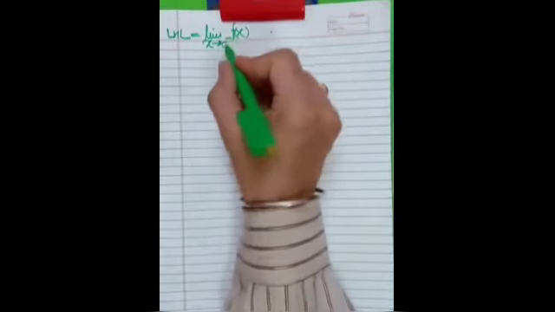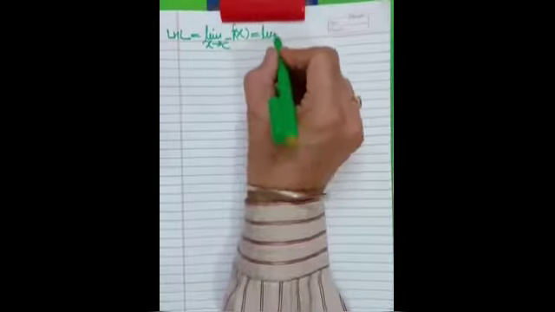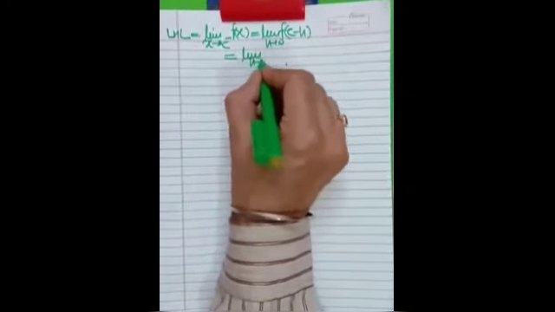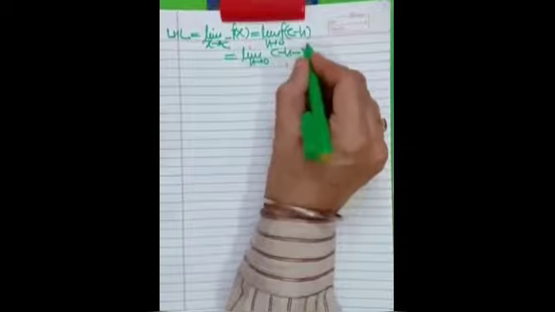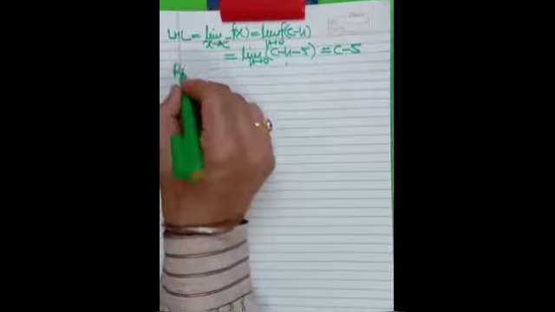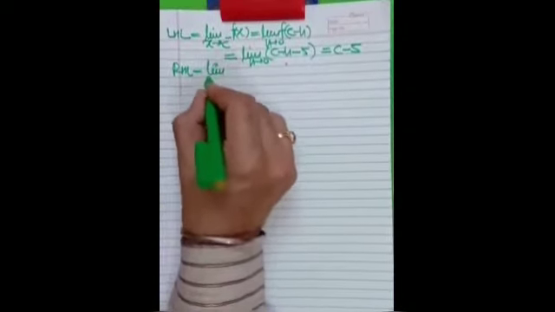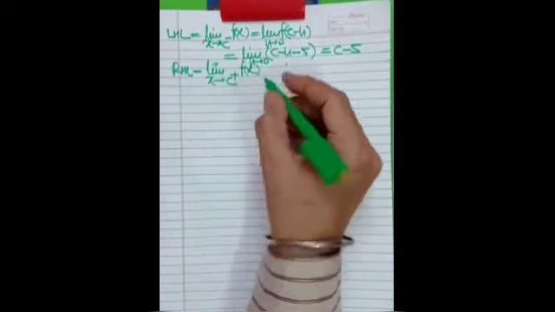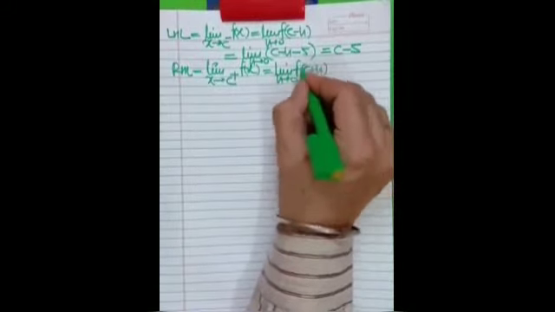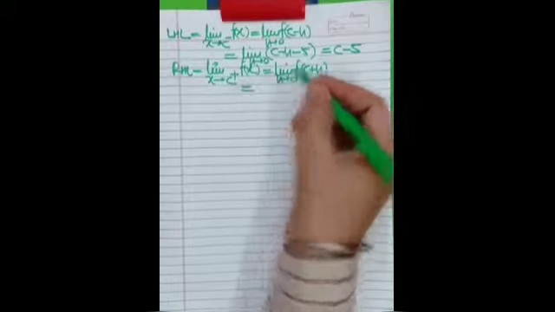As we have taken c as a point of the domain, now LHL is left neighborhood. You know, it is left neighborhood. Now we put c minus h here, beta. Whenever you put c minus h minus 5, now put h is equal to 0, you will get c minus 5. Now RHL. What is RHL? RHL is your c positive, means right neighborhood. Beta, you have to look at its right neighborhood. Now c plus h means right side of the point c.